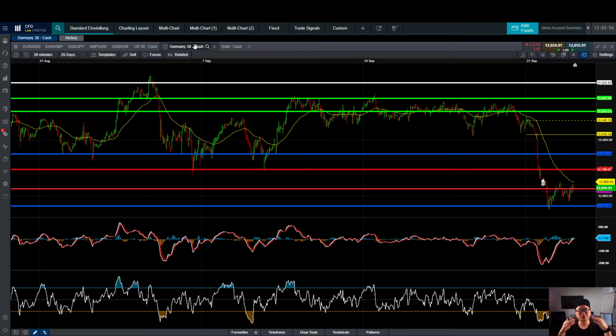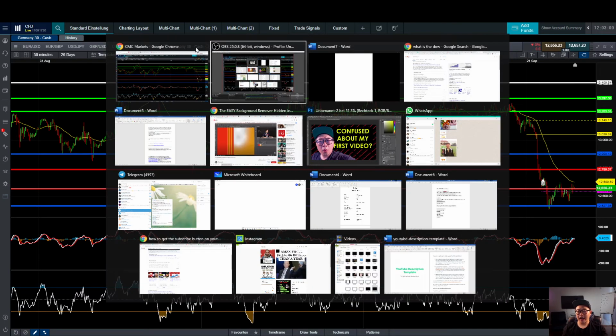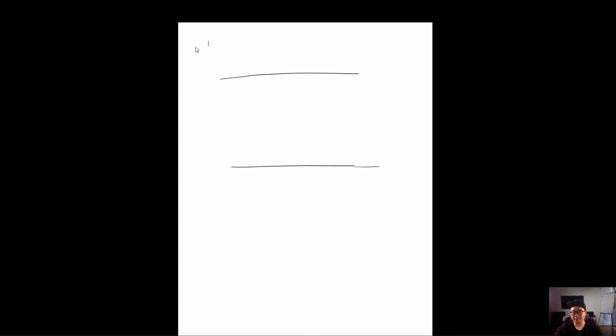Now we get into support and resistance. What is support and resistance? I had trouble at the beginning to understand it myself. So it is very simple. We have the top line and the bottom line, right? So here, this is support. Support is the bottom and the resistance is the top. I call it also the floor, okay, and the roof, to make it simple.